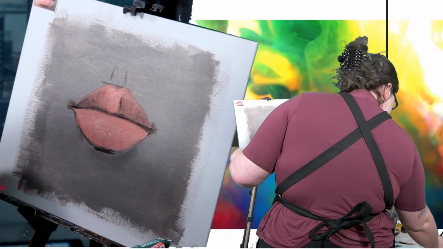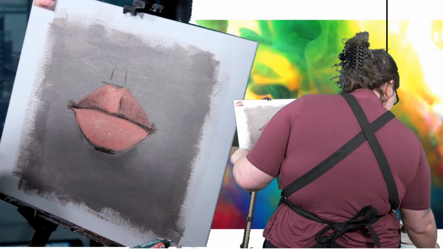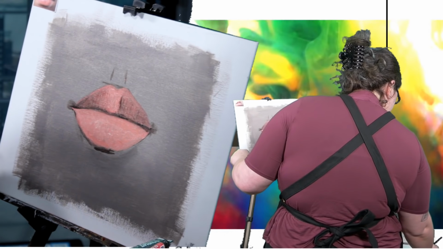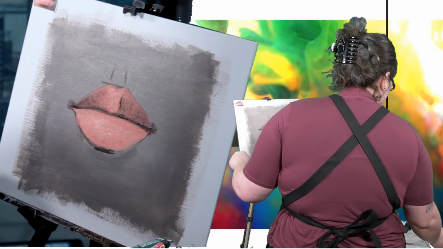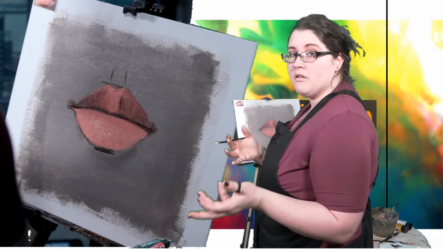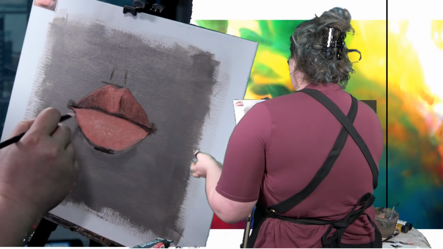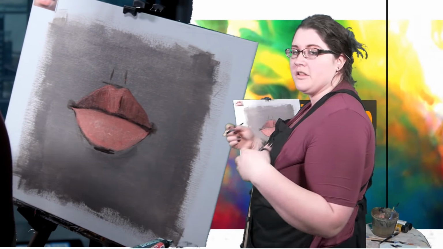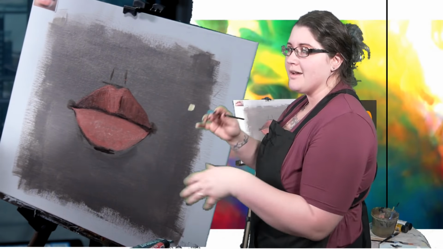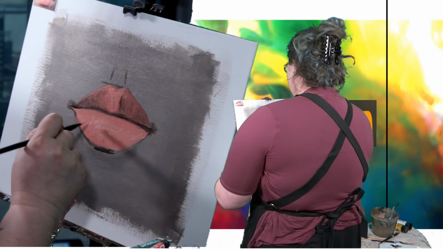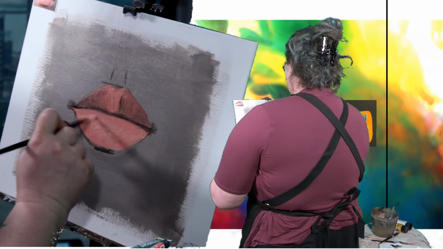Add a little bit more white. The nice thing about this palette too is that all of these colors I'm using are being used pretty much with everything. So if I end up including a little bit more white here, or if I get a little bit of color in my white, then it's not going to be the end of the world because I probably could use that color. Right, so